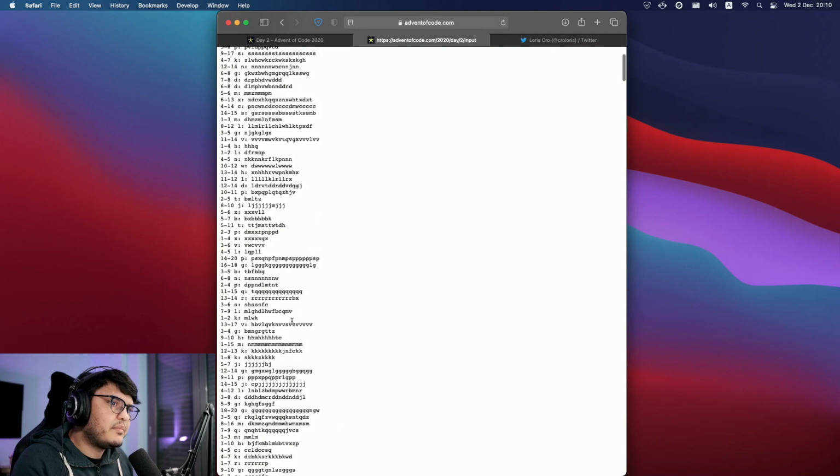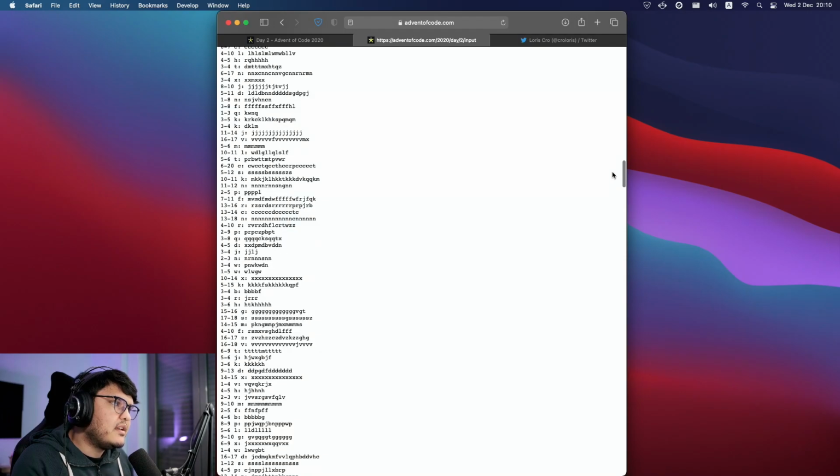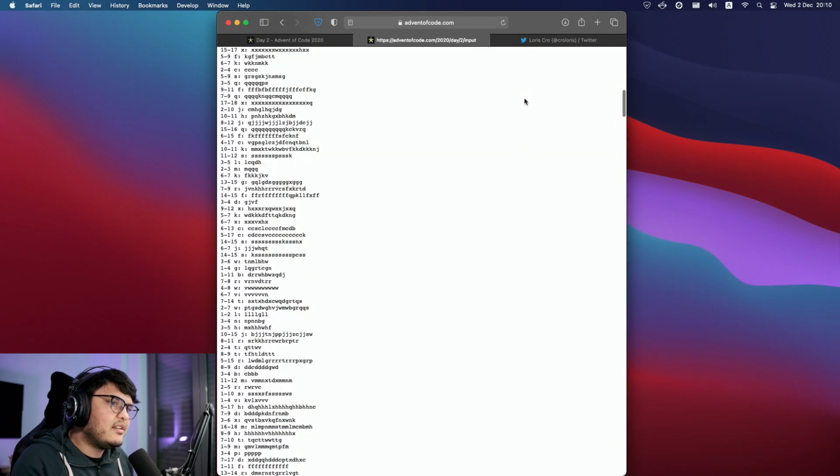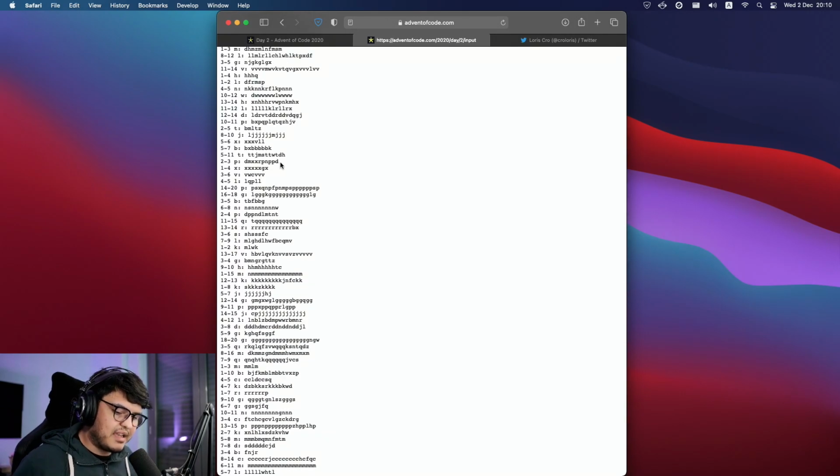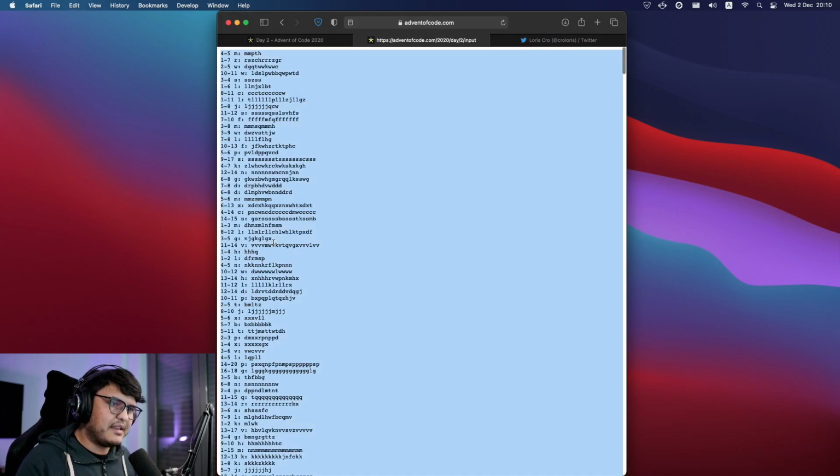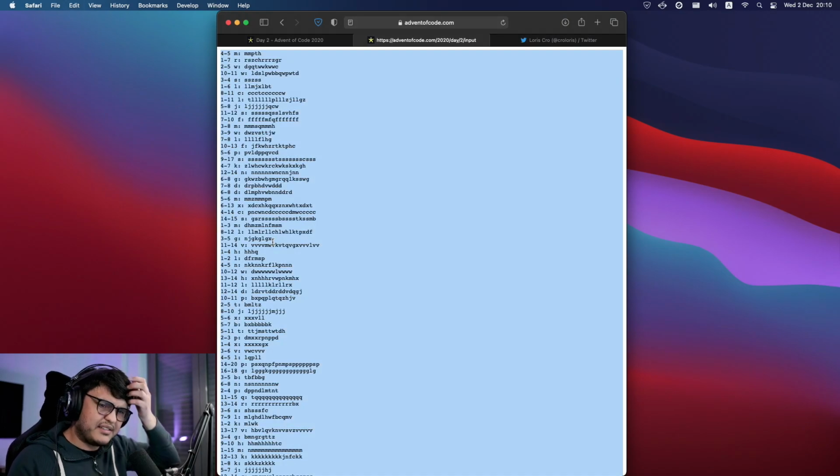How many passwords are valid according to their policies? Let's get the puzzle input. Oh, okay. I have to admit, I'm kind of tempted to cheat again using multi-line editing in the editor, but I think it's time we start getting used to parsing files, because I suspect that as we move forward, parsing is going to become something that we'll have to do anyway. So let's try to move in that direction.